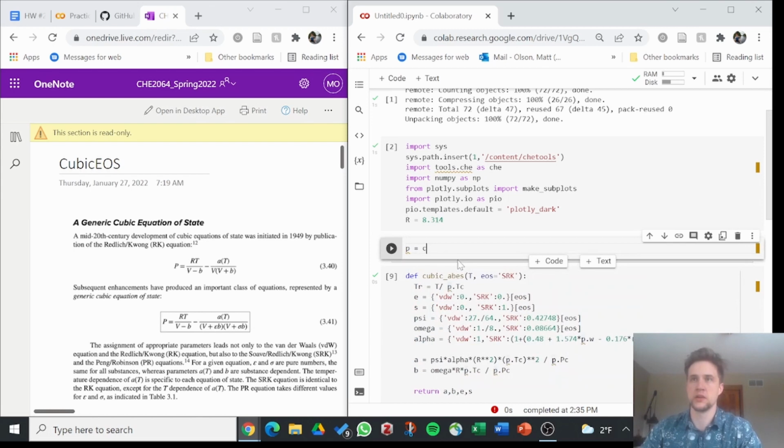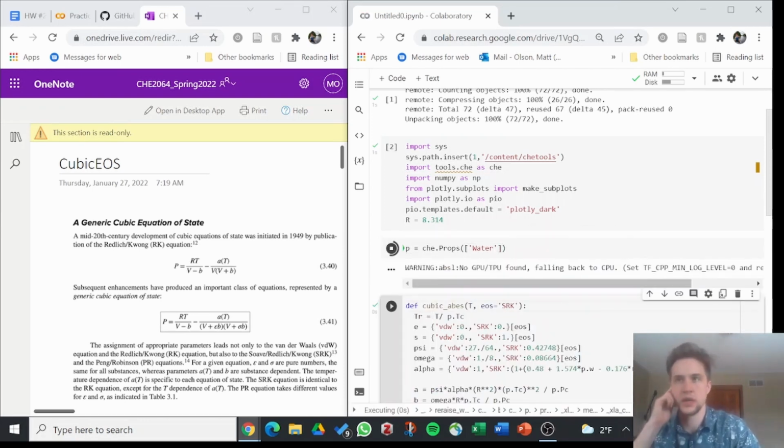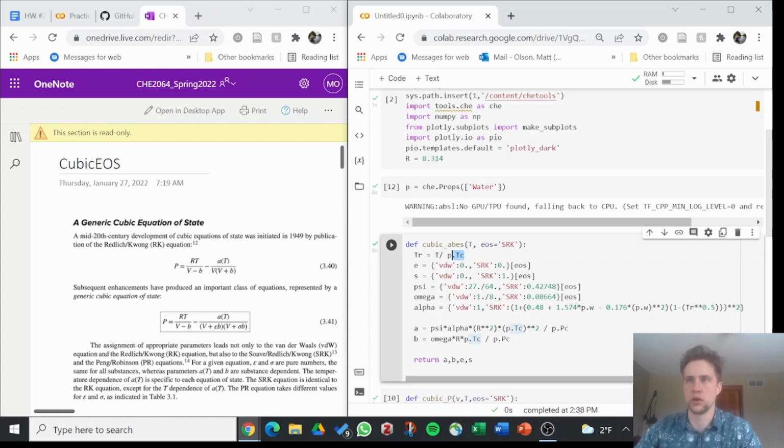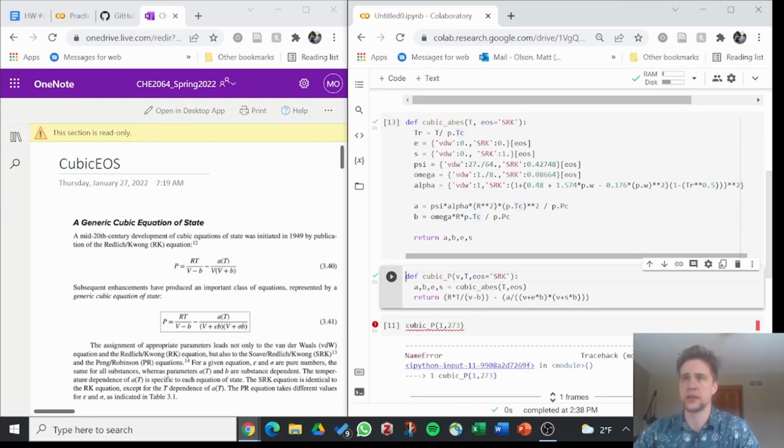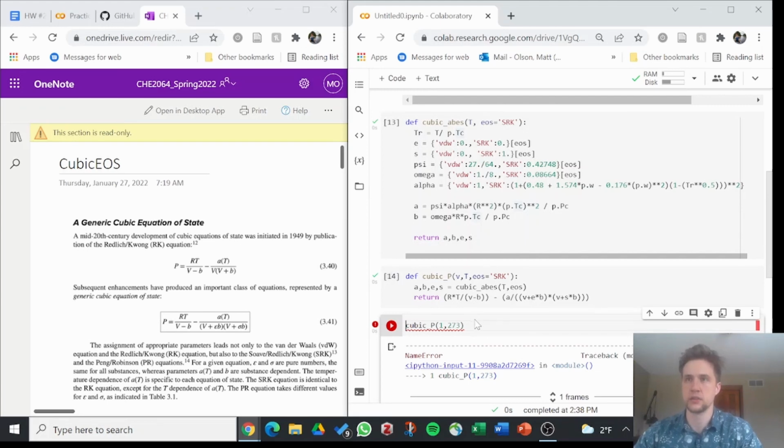And what we want our P is, we're looking for the properties of water, because that's the material we're working with here. So let's go ahead and get that in. There we go. So now we're pulling P as the chemical properties of water. That way, every time we have our P dot temperature at the critical point or pressure at the critical point or anything like that, it has to be pulling from somewhere, which in this case now it's going to be pulling from the critical properties of water. So now we're going to rerun that,